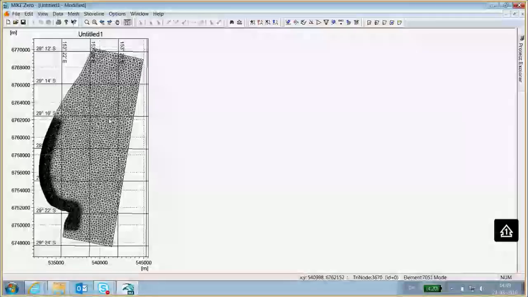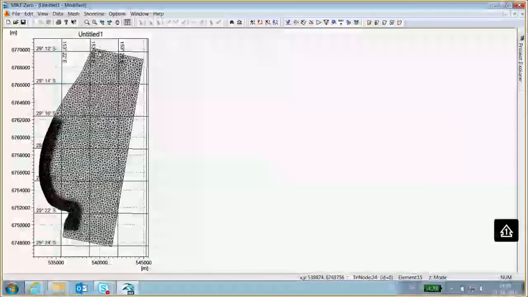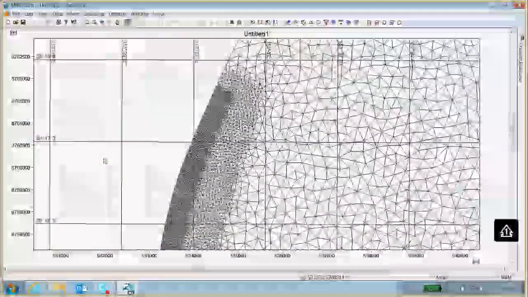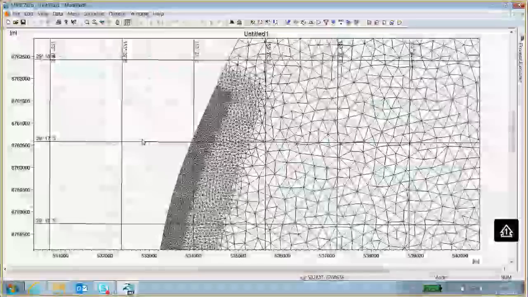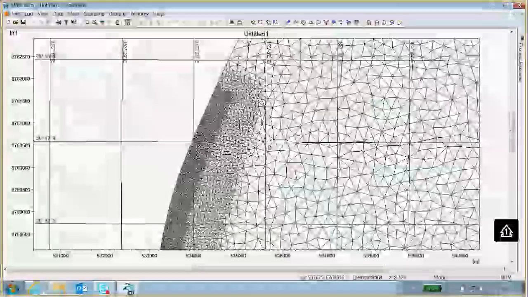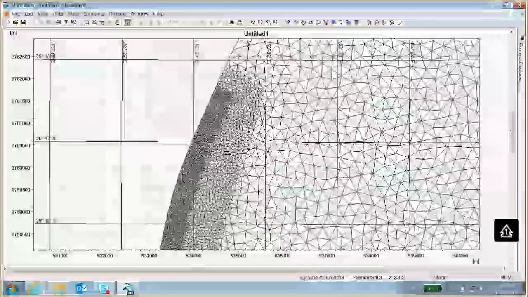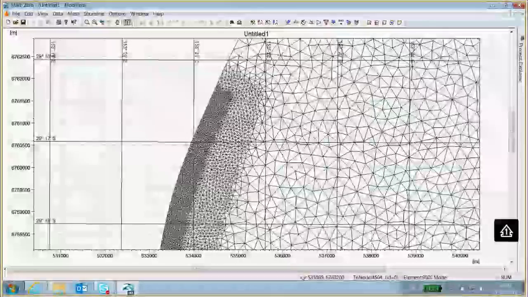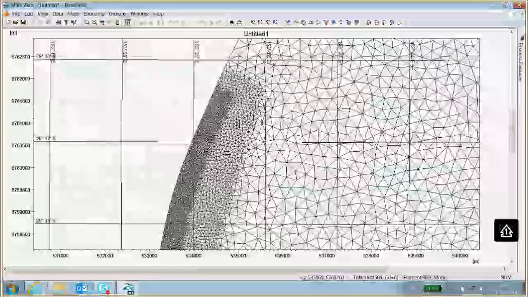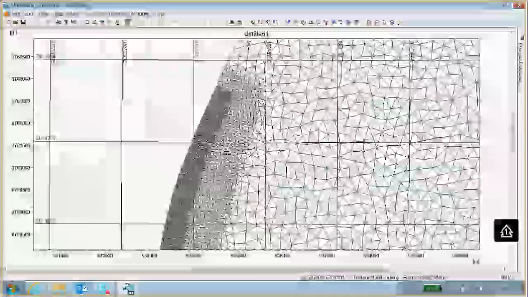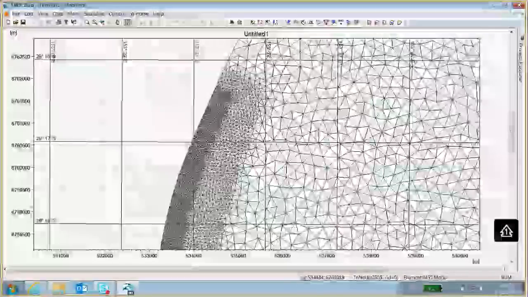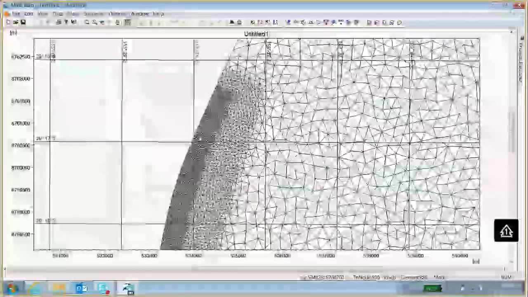So the first thing I want to do is generate a baseline. And the baseline is used in the shoreline model to define the direction in which shoreline points are moved. So that's similar to LIDLine. But the difference between LIDLine and the shoreline model is that in LIDLine the baseline is just a straight line, whereas in the shoreline model here we can have a curved baseline.